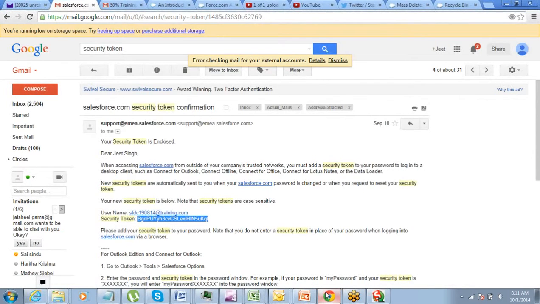Mass update. Okay, if you have to update some field in bulk, then what will you do? Mass update is an option which is available only with our data loader. So for mass update, if you want to update a few records and a few fields on those records, then first thing that we have to supply to Salesforce is which record we want to update, right?